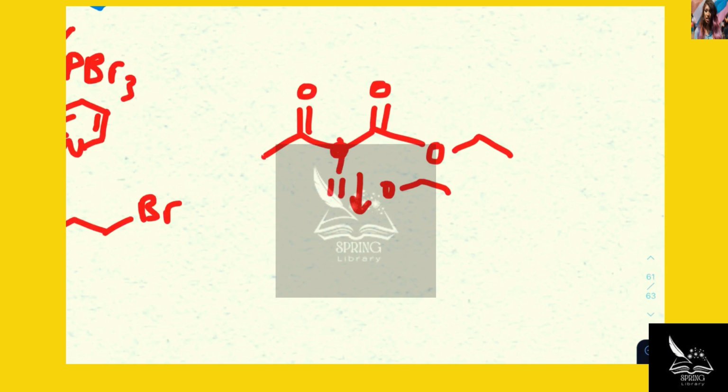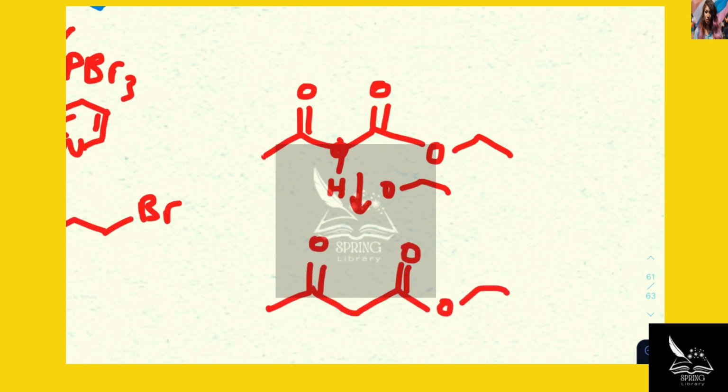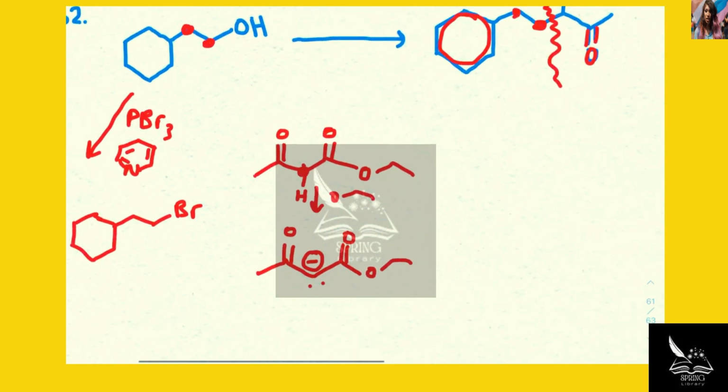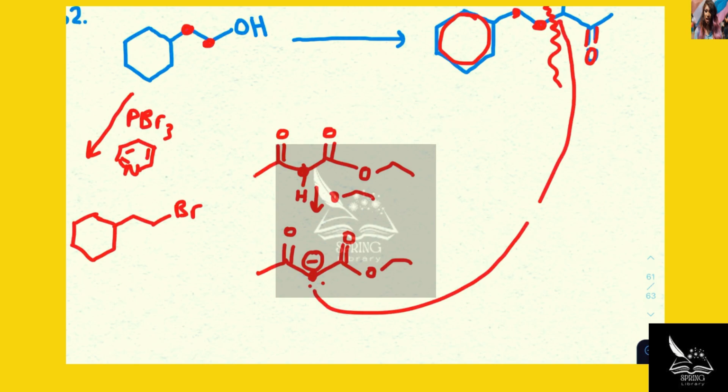Okay, and then after it takes off that acidic proton, I'm going to be left with this compound, in which I have my set of lone pairs on that central carbon, that alpha carbon. So again, that alpha carbon that we just deprotonated right here corresponds to this alpha carbon right there, which we want to connect to that carbon right there, which corresponds to this carbon right there. It might be a lot to handle, but maybe it will make sense if I